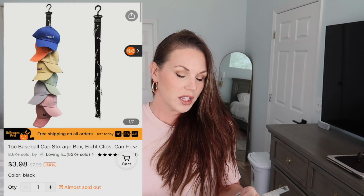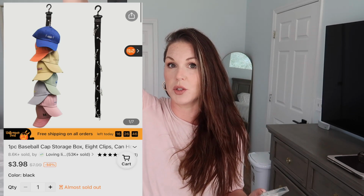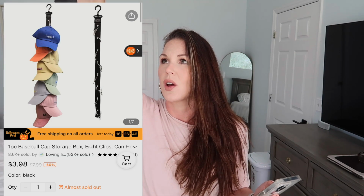Okay, so the first item I am going to share is this baseball cap storage. Now, when I saw this, it made sense because my family, with so many boys, we have a ton of baseball hats and caps. So I wanted to get this for Chris because he forever has so many. So I got this for him, and when it came in the mail, I was like, I mean, I know